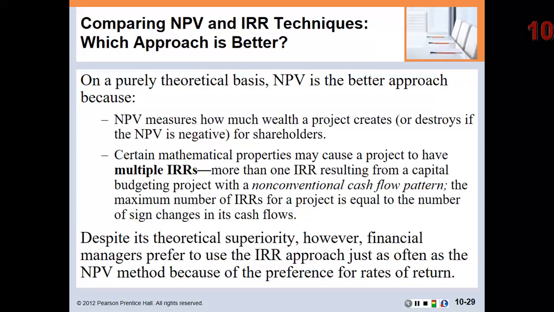So what this is saying is, when it comes to capital budgeting projects, if the signs of the cash flows change more than once, so if we go from a negative cash flow, which is the initial investment, to a positive cash flow, and then if at some point during the life of the project it goes back to negative, so the signs are changing more than once, you could have multiple solutions and you're not really sure which one is correct. So this says that theoretically NPV is better, but a lot of times managers prefer the internal rate of return because the solution is given as a percentage.